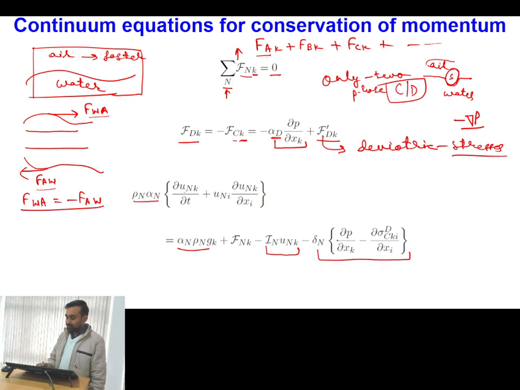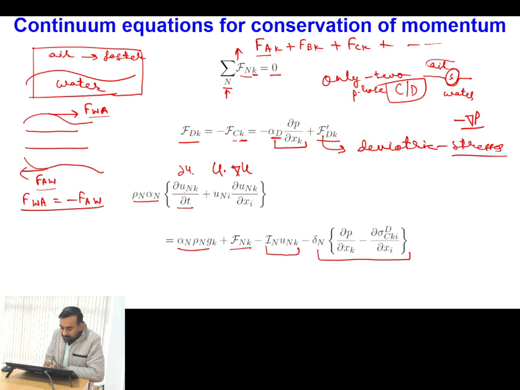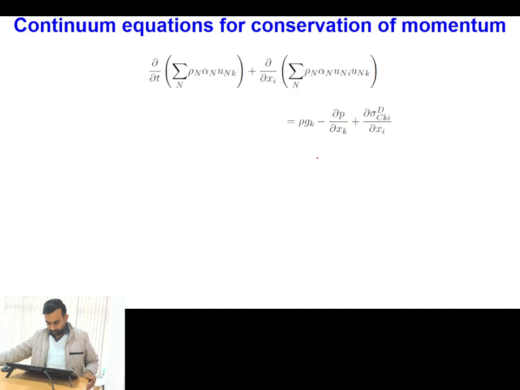This is as it is, which will only act for the continuous phase, and f nk is the interaction term. Now what is it representing? The first term is the local derivative and the second term is u dot del u. So this is the advective acceleration. Okay. So del u by del t plus u dot del u can be written as d by dt, the total derivative. Okay, so now